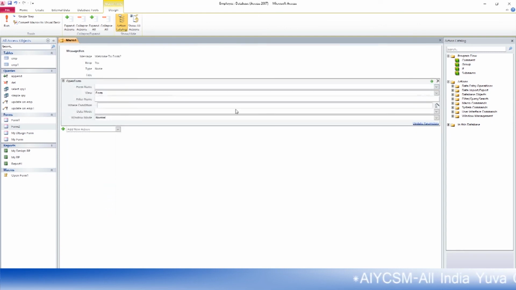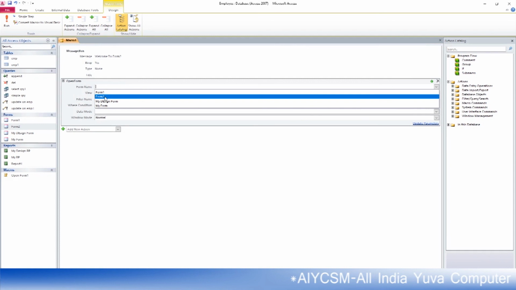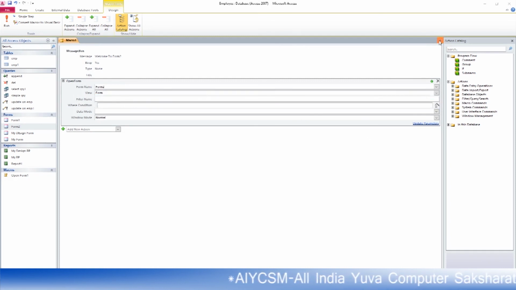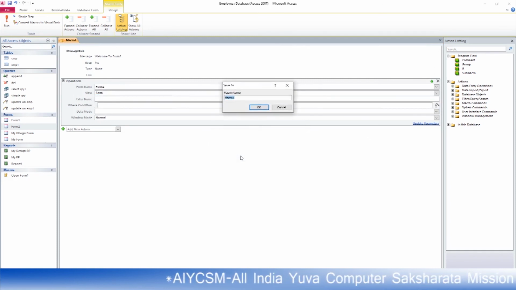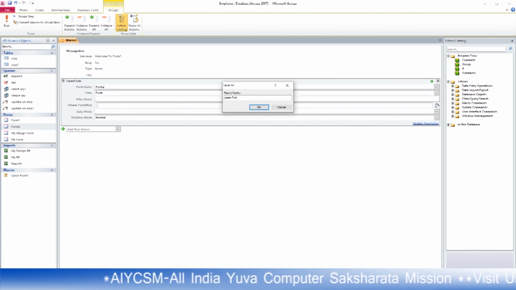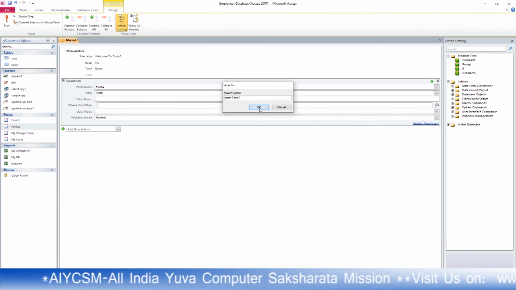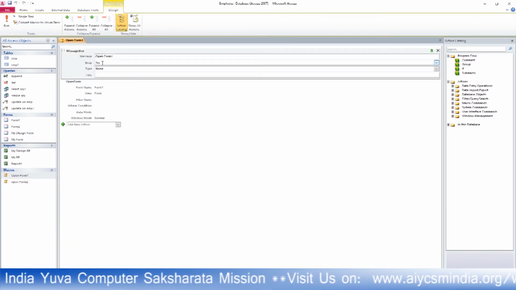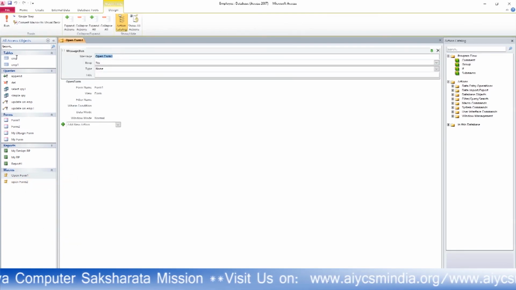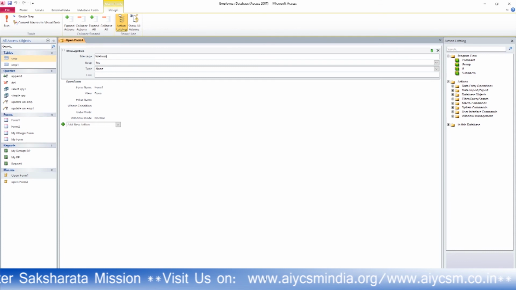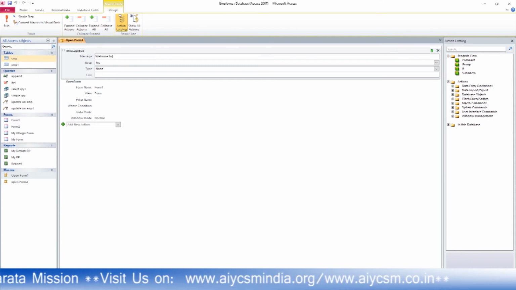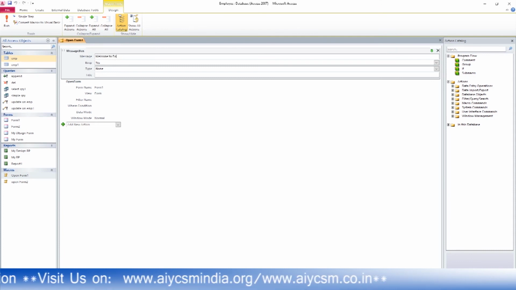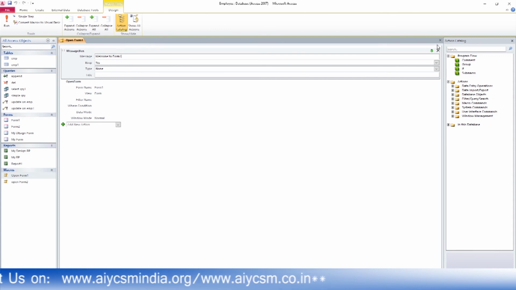The name of the form is form 2. Write it as open form 2. Okay. Now the message has to be changed. Welcome to form 1. Okay. So these are the two.